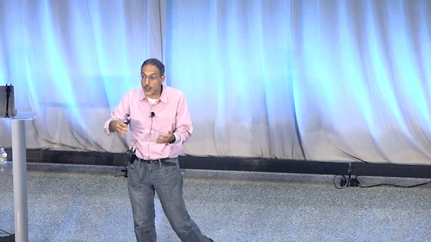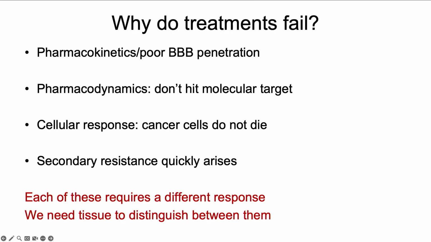In the case of brain cancers, maybe the drug didn't reach the target, poor blood-brain barrier penetration, right? A second reason could be pharmacodynamics. The small molecule, say, didn't hit its molecular target. Maybe you hit the target properly, but the cancer cells just didn't care and they didn't die. Or maybe you killed a bunch of cancer cells, but the tumor just regrew within a month or two,